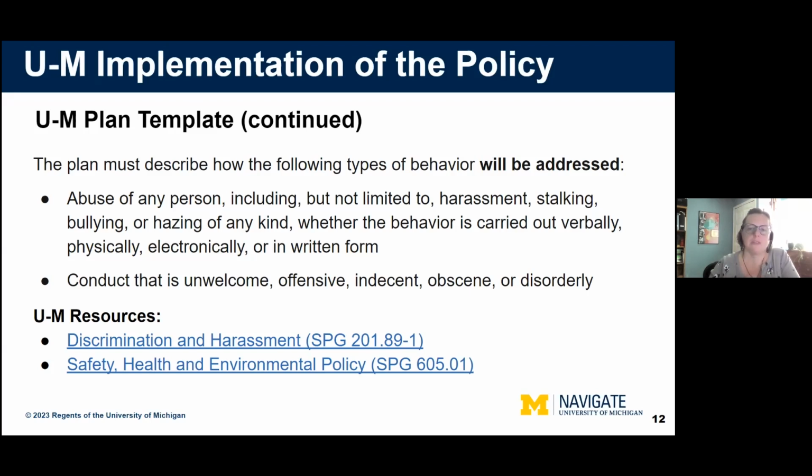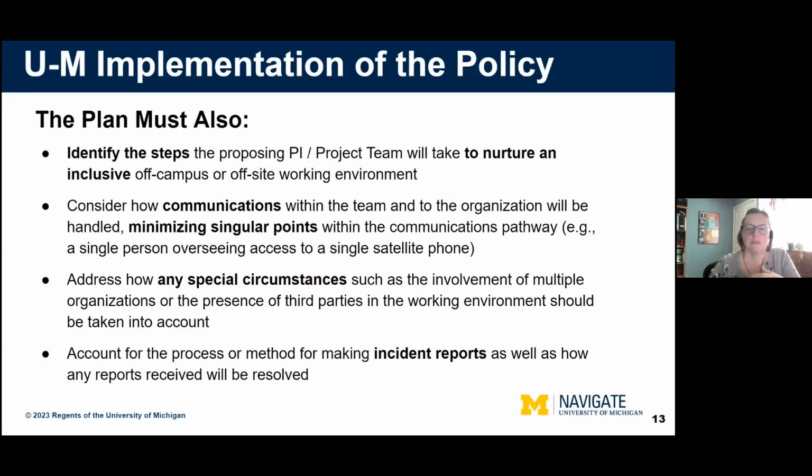The plan must include some information about how abuse and unwelcome conduct off-site will be addressed. The template also has other sections to complete, which covers the required topics, such as identifying steps to nurture an inclusive environment, minimizing singular points of contact for folks who are off-site, describing the field setting and unique challenges for the specific project, addressing special circumstances of the offsite environment, and then describing a plan for incident reporting.